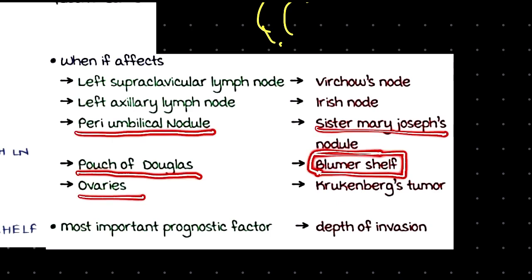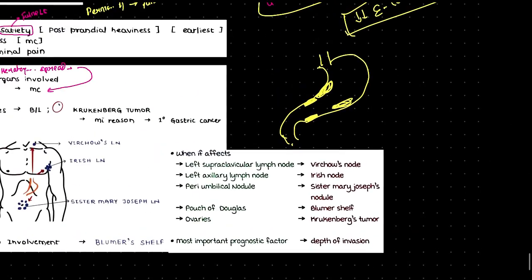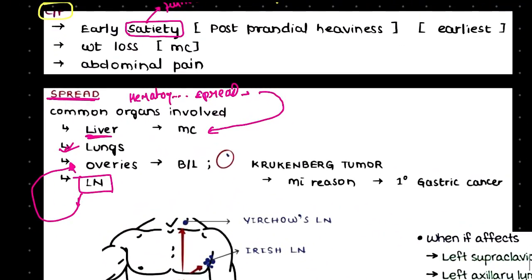Now we'll move to our ovary. Now here in the case of ovary, as we said, that we'll be discussing it later, right? What will happen in the case of ovary is that, okay, as you can see, right, the ovary will have bilateral involvement, right? The size of ovary will be increased, right? Now here the size is increased because of metastasis.